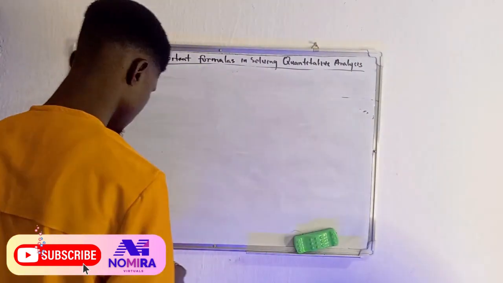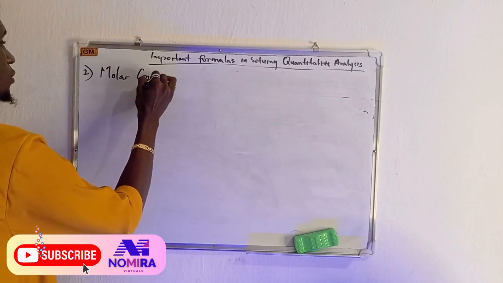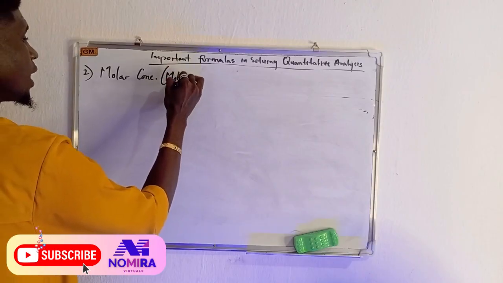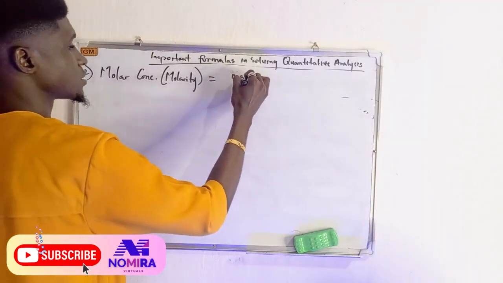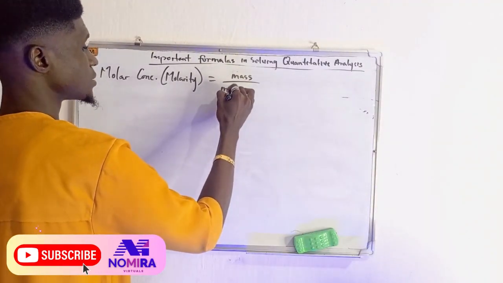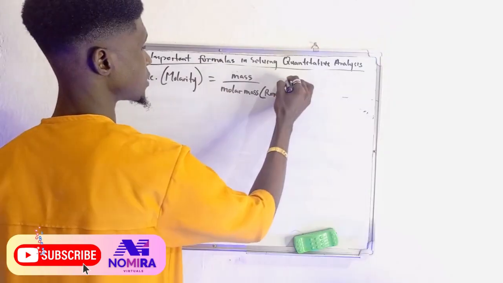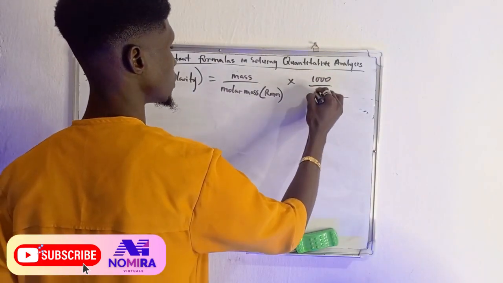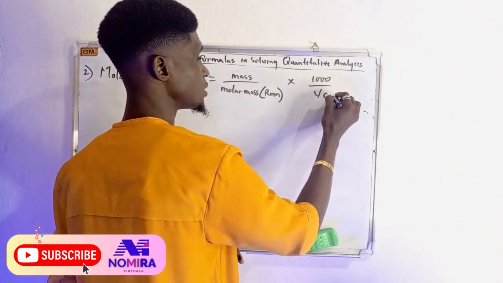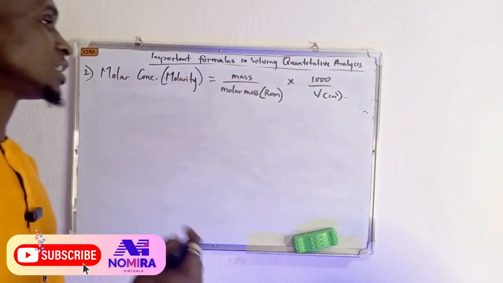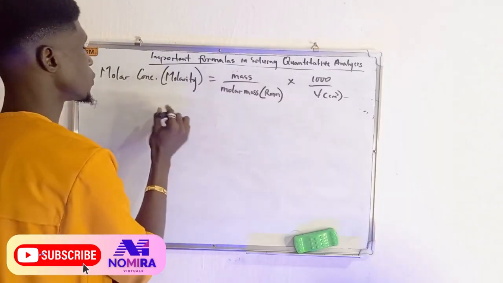The second formula is the formula for molar concentration, or what we call molarity. Okay, the formula says it is mass over molar mass. Molar mass can also be called relative molecular mass. Then times 1000 over volume. This 1000 is just to convert the volume that is in cm cube to dm cube, so that at the end of the day, the unit of molarity or molar concentration will be in